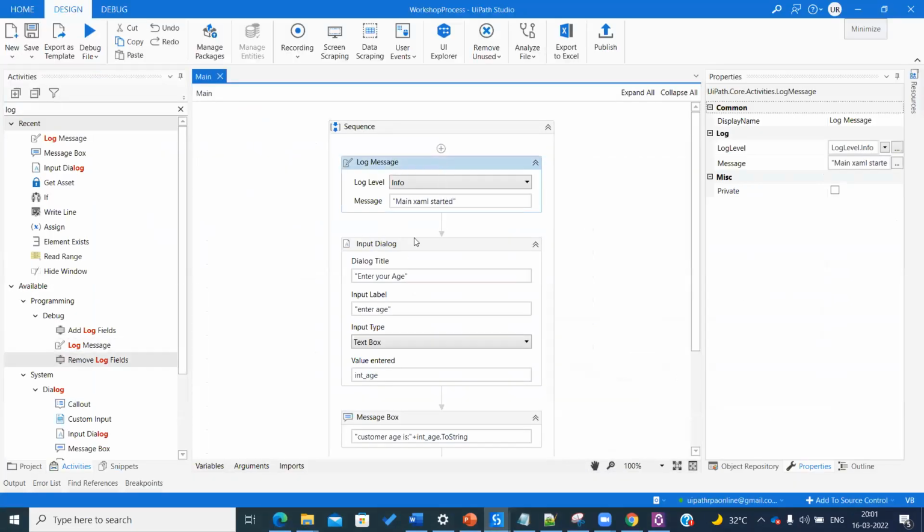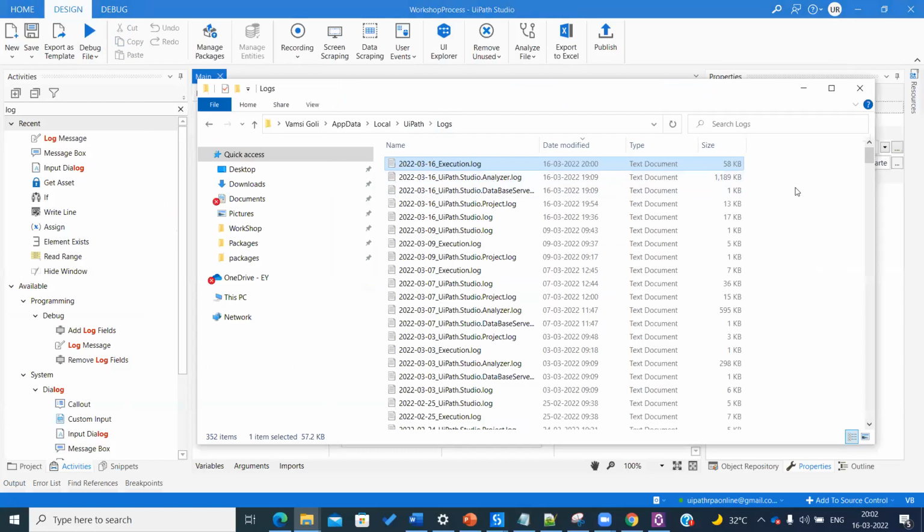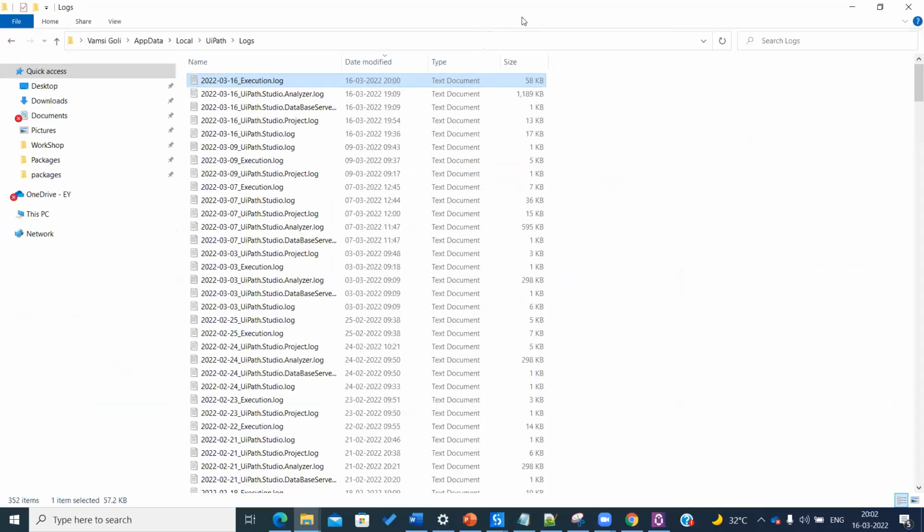Whatever you run from here, the logs will come here in the output, that you already know. But when you press Control L, automatically that will open a folder. This is very important. If you're going for a support opportunity, then the asked question is, where do you see logs of the robot? If the robot is running for half an hour or 1 hour, then you need to know what the robot is doing, right?